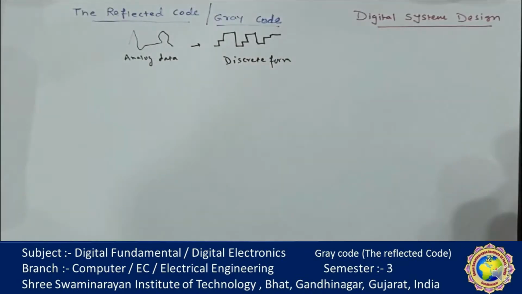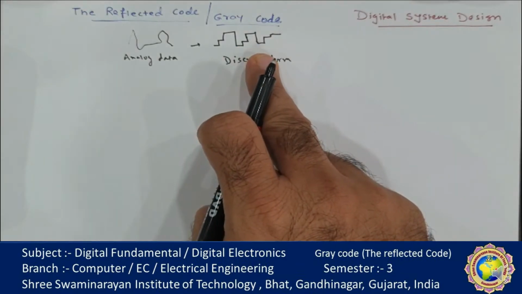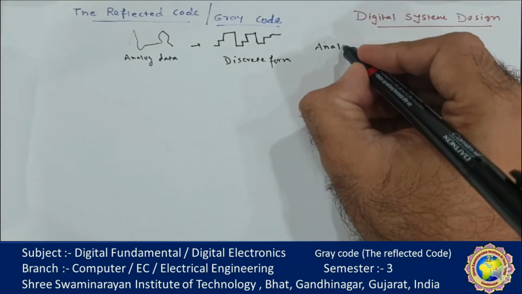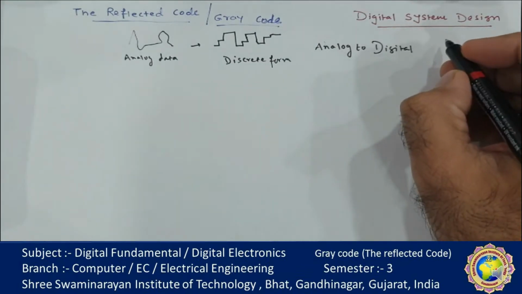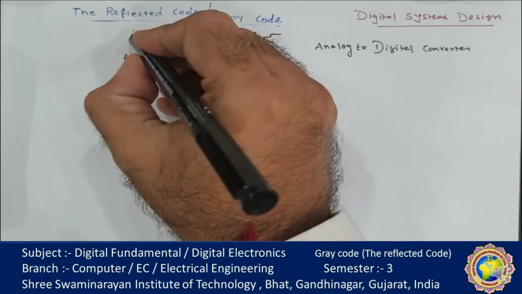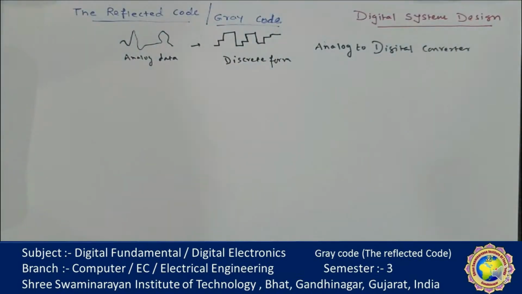And then we can process the circuit voltage before applying it to the digital system. This continuous or analog information is converted into digital form by a device known as an analog to digital converter. The purpose is that it can convert the continuous signal, whatever the continuous signal is, into the discrete form or digital form. Remember that, suppose I have a continuous signal.